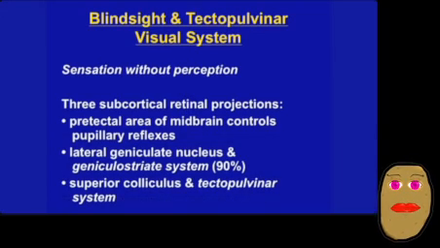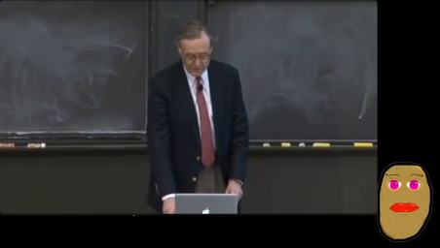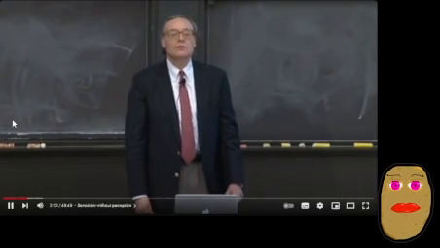And then there's one other small visual pathway from your retina to this superior colliculus, sometimes called the tectopulvinar system. So it's a small pathway from your eyes in terms of the number of nerve fibers. And so people say, well, can we say what's not